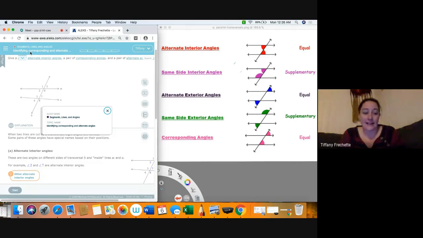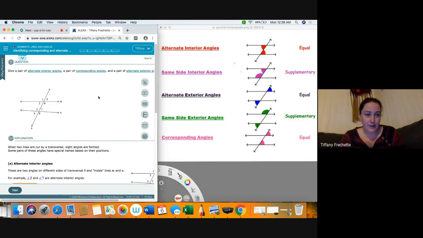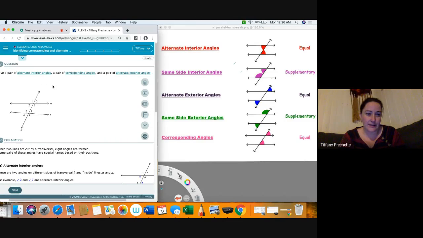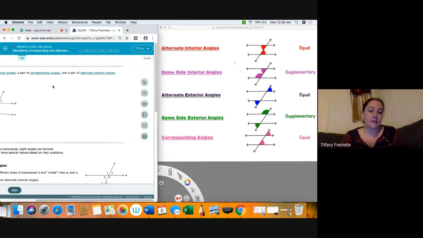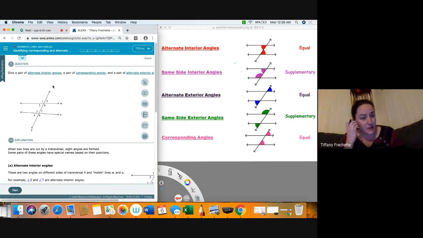Identifying corresponding and alternate angles. So this one is: give a pair of alternate interior angles, a pair of corresponding angles, and a pair of alternate exterior angles. So with this one, we're focusing on these three situations when you have two lines and a